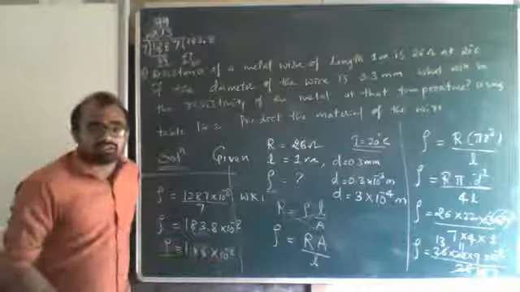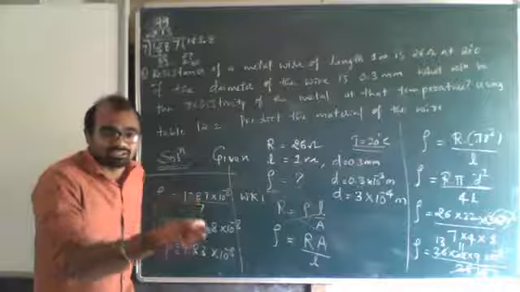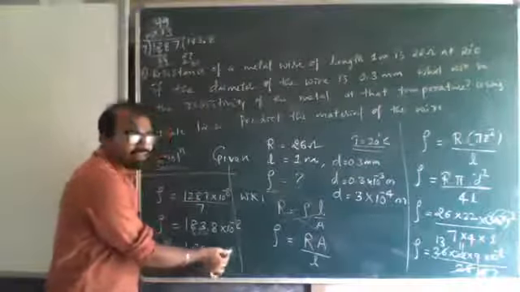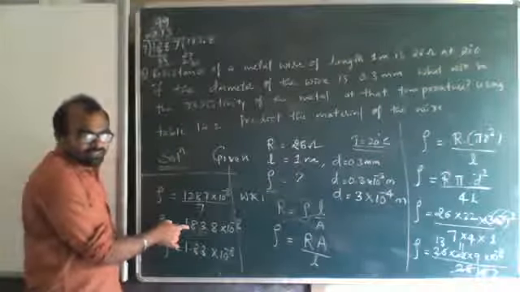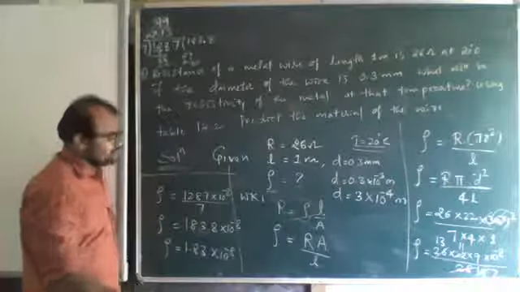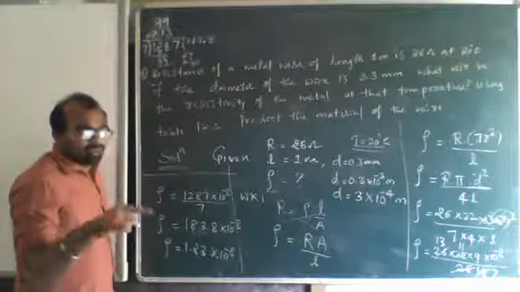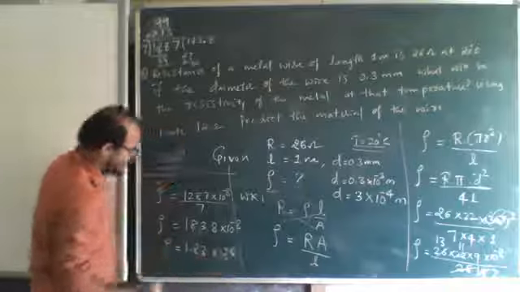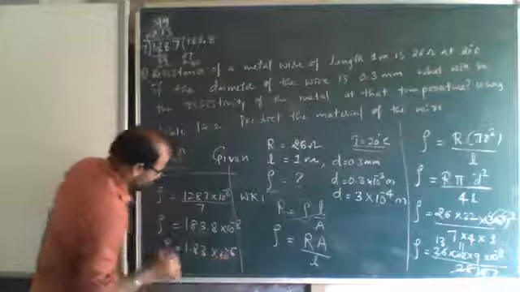Increasing minus 8 means not minus 9. We have to decrease it. So we have to increase it. Minus 9 is a decrement. So minus 7 and minus 6, because I have moved 2 points left. Here also I have to increase it by 2 numbers. So minus 8, if 1 is increased, it becomes minus 7. If 2 is increased, it becomes minus 6. So 1.83 into 10 to the power minus 6 is the